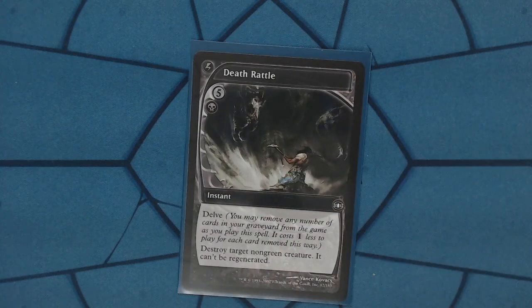Death Rattle. This card is sweet. I had a poor showing with it because I forgot that it says cannot be regenerated. But other than that, this card's insane. If you can loop this a couple times a turn, and your graveyard's going to be so thick anyway, you're going to have enough to delve it. Like if you can do this 2 or 3 times a turn, most people can't recover, and it's going to kill anything you need to except for non-green, which is a little weird, but it's not the end of the world. There's not too many green decks, and if there are, you can just Victim of Night or another kill spell,